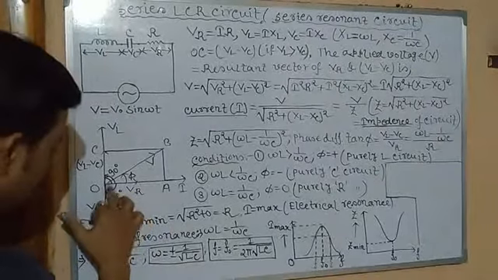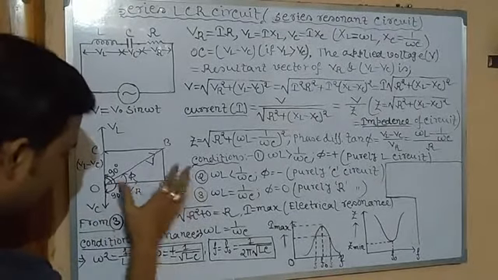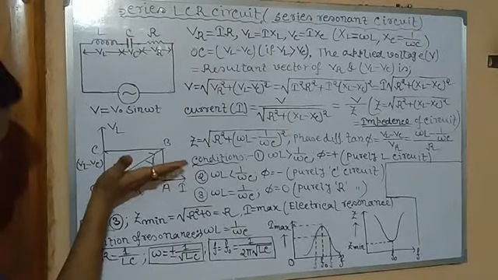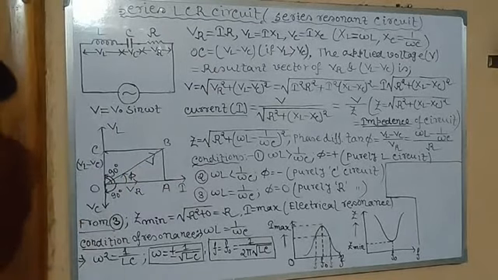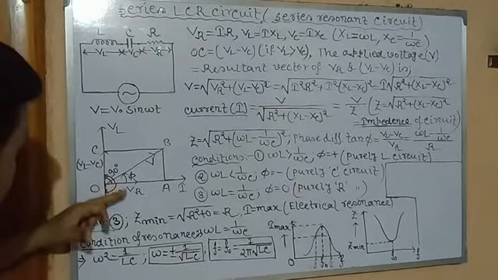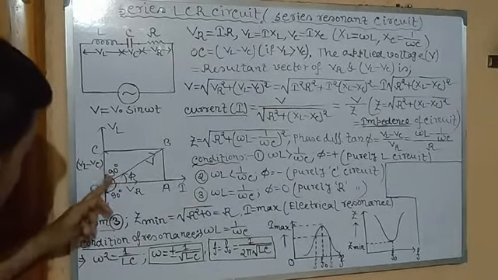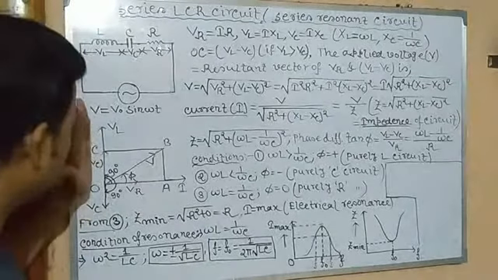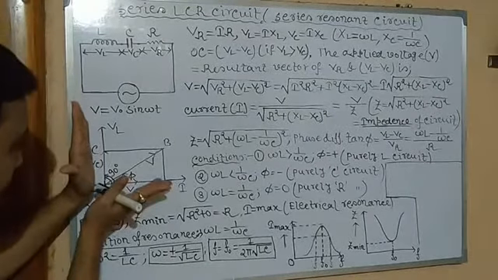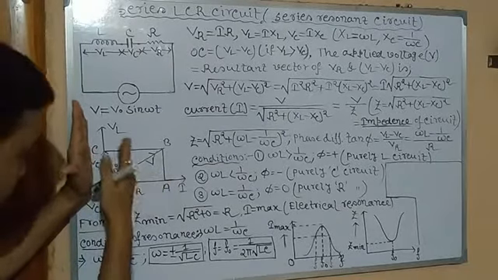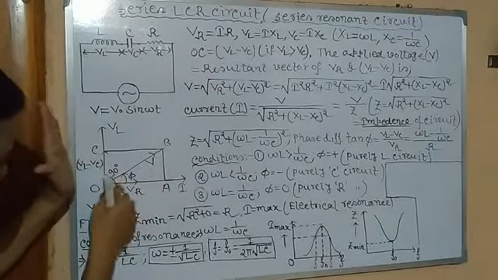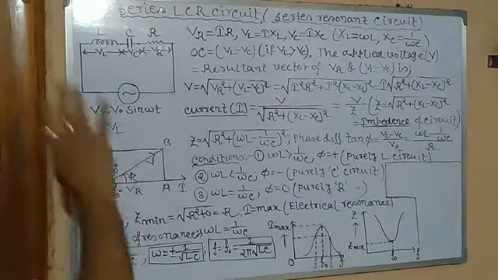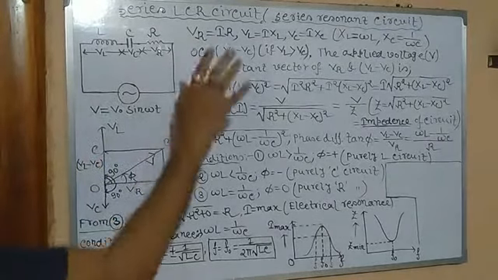So the phasor vector current is in this direction. The phasor voltage VL is ahead of current by 90 degrees, so you can see by rotating anti-clockwise by 90 degrees, this is VL. Why? Because in an inductive circuit, voltage leads the current by 90 degrees, or current lags behind voltage. You can see very clearly, VL is ahead, I is just behind. So this is the phasor diagram in case of an inductive circuit.